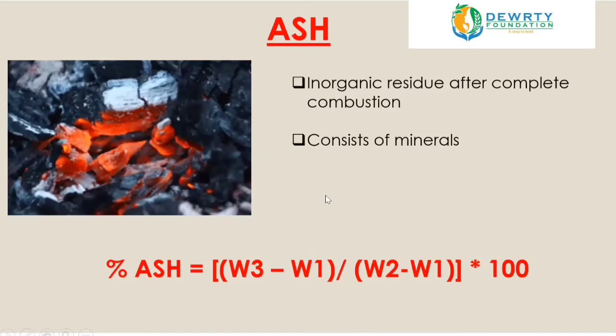After that, we'll take 2 grams of that sample, and we'll again weigh it in a crucible, that is, as I told you, a bowl type thing. We'll take 2 grams in that and again weigh it. That will be our W2. Then the crucible with the sample, the food, will be incinerated, that is burned down completely, in a furnace.